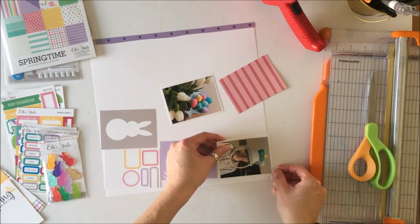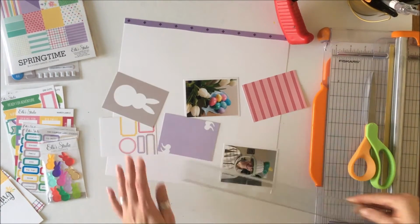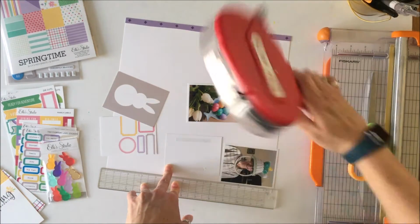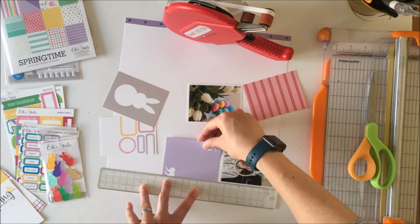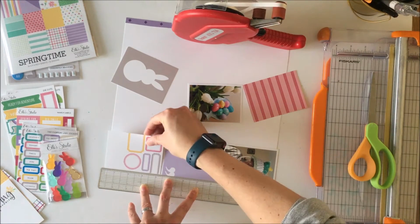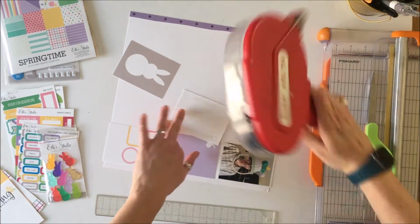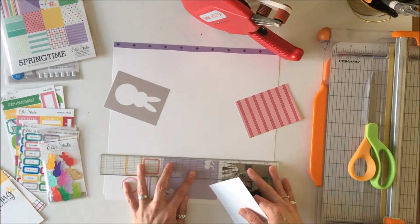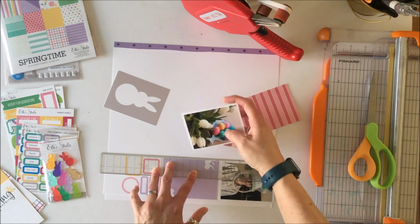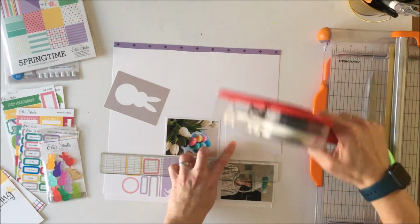So I've got two photos, and then the rest are 4x3 cards. They are also 4x3 photos. And I've just got my ruler here to kind of line things up. Because they are 4x3 and I want to have a small space between each of the cards, I do end up having to trim off the bottom cards, which is fine. You can't really tell unless you were to look really closely that they are not exactly